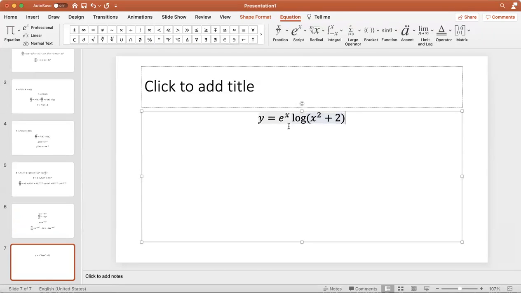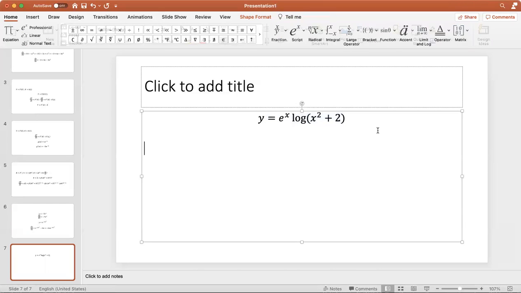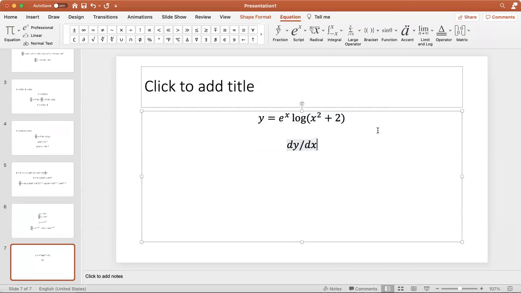Right. So we have two functions. You have e raised to the x and you have a log function, log of x squared plus 2. So you need to use the product rule to get the derivative of this function. So let's start off with the first expression. The derivative of e to the x is just e to the x. So that's e to the x times log of x squared plus 2, right? Plus e to the x times the derivative of this